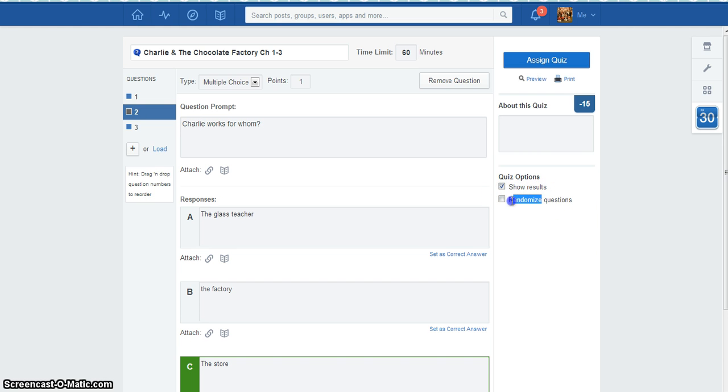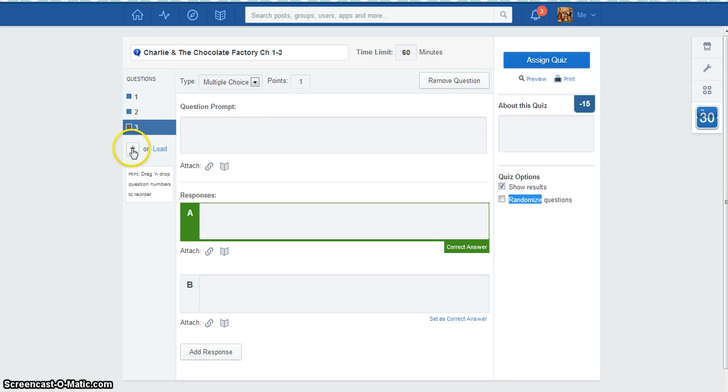This would be something I would suggest for kids that are maybe working in a group, or could be sitting next to each other, so that they have random questions. They're not tempted to possibly cheat a little bit. So then you could also load questions